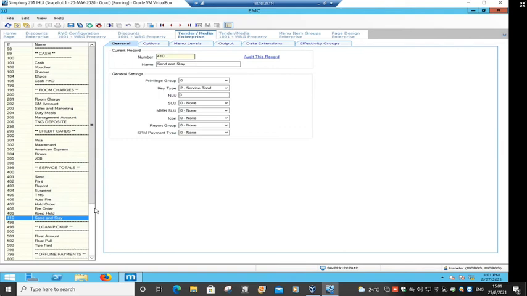Send and stay means you send a check, but it stays on the same screen, right? And where is this applicable? It could be applicable on a cashier screen, or it can be applicable